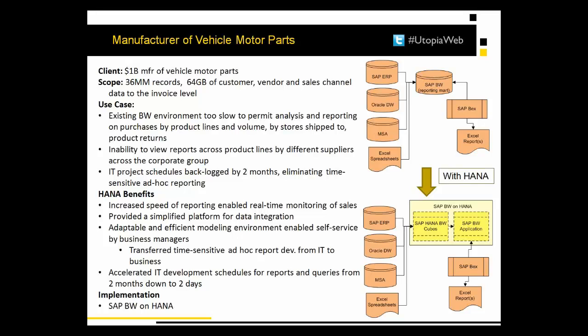So their solution for that was to go to SAP BW on HANA. And that's the architecture in the lower right-hand screen, where their SAP BW environment was upgraded to 7.3, and then it was moved over to HANA. And so the benefits for them were it increased the speed of reporting and monitoring of their sales data. It allowed them to drill down into invoice data through their reports rather than run a high-level report and ask for the invoice data separately,